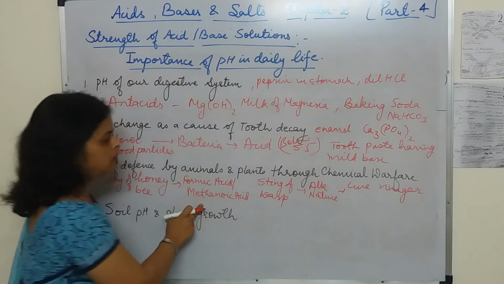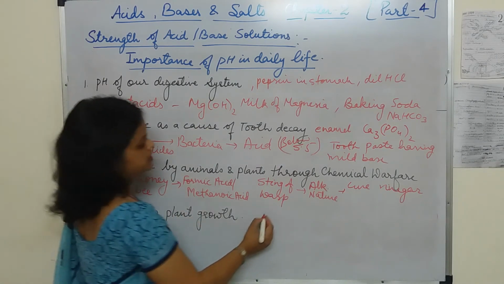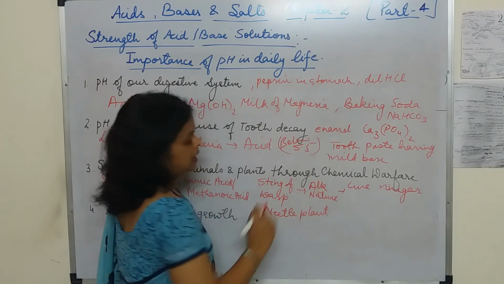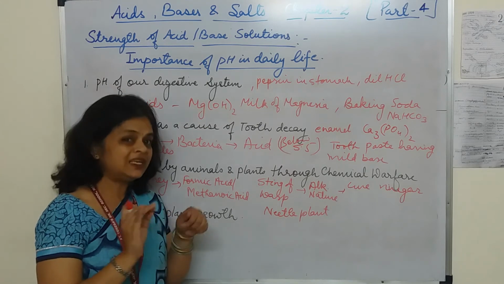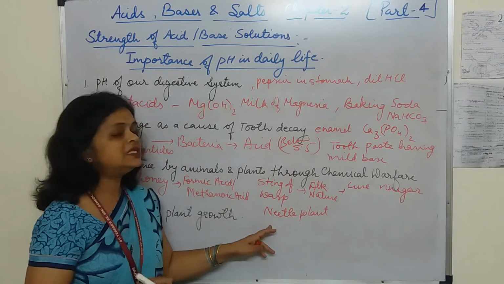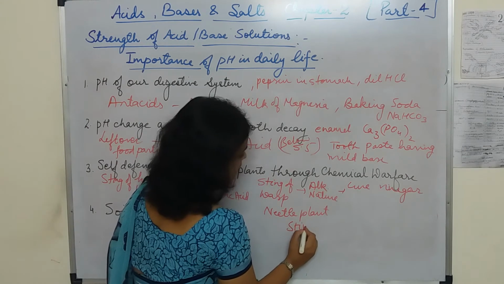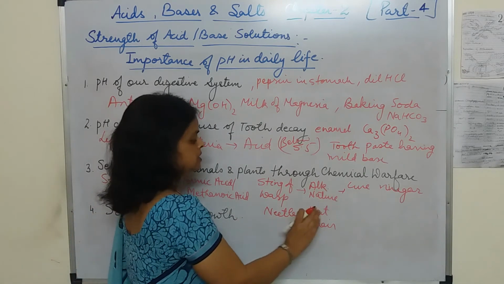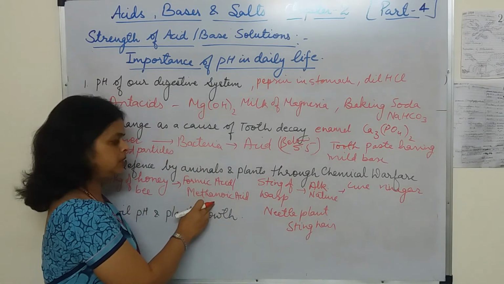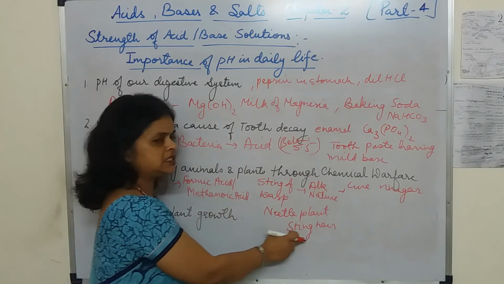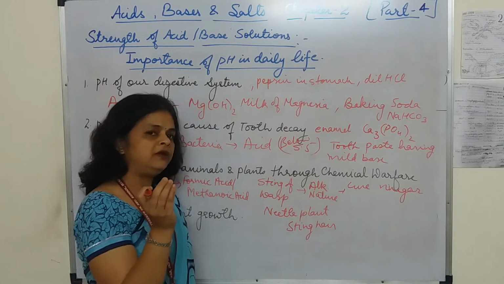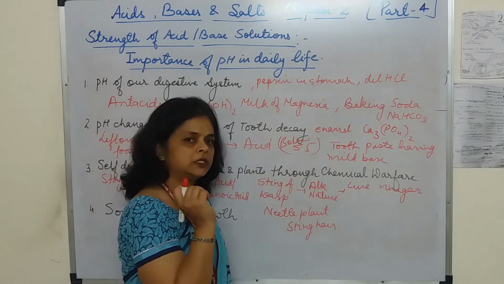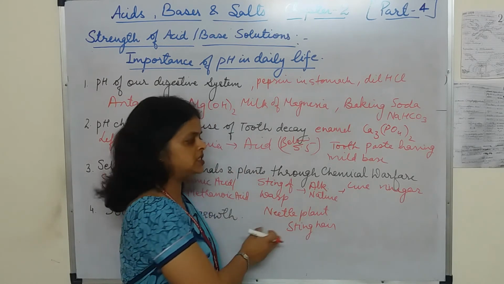Okay, so this we talked about with the animals. In the case of plants also, students, there is one nettle plant. The nettle plant has sting hairs on the plant body. If by mistake you touch the sting hair, they inject an acid, that is formic acid or methanoic acid. The same acid is present in the sting hairs of the nettle plant, formic acid. And when you touch this methanoic acid, again the same problem, it causes pain and irritation. And nature has provided the cure for this problem.